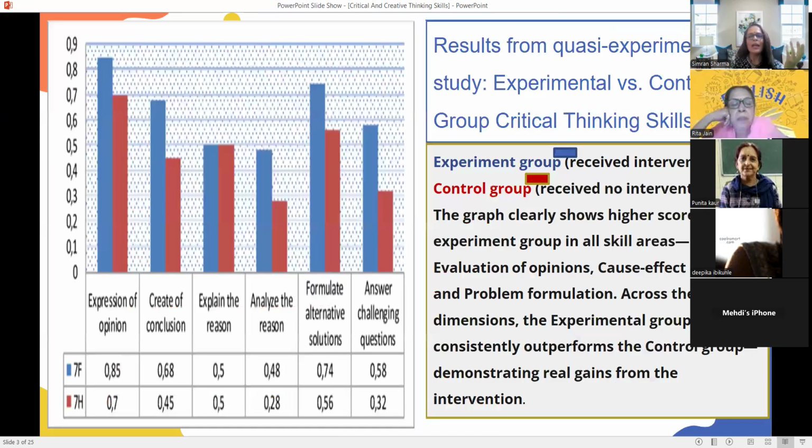Now let's understand what the study says about critical thinking skills. Two groups were identified, the experiment group and the control group. The experiment group received intervention that they know how to apply critical thinking skills when some task is given, whereas the control group was not given any such intervention. Looking at the graph, you can very easily see that the experiment group did extremely well as compared to the control group when they were tested for opinion, when they had to come to the conclusion, analyze anything, look for the answer, and so on.